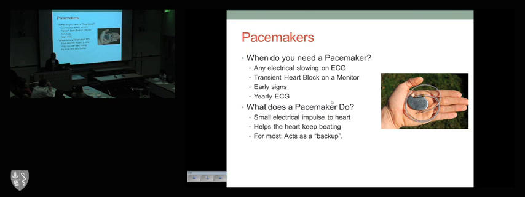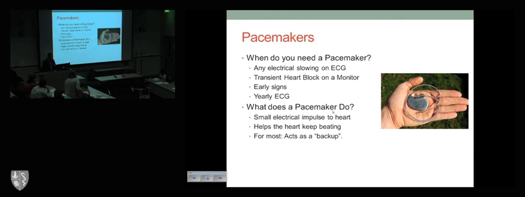So right now we place pacemakers in those patients with DM who have any signs of electrical slowing on the electrocardiogram. This can be either on the EKG, or if you wore a monitor and we saw that, then we would recommend a pacemaker. And again, as I mentioned before, this is why it's very important for you to have your yearly electrocardiogram, because as soon as we find these electrical abnormalities, that's the point where we recommend the pacemaker to prevent the heart from slowing down too much.